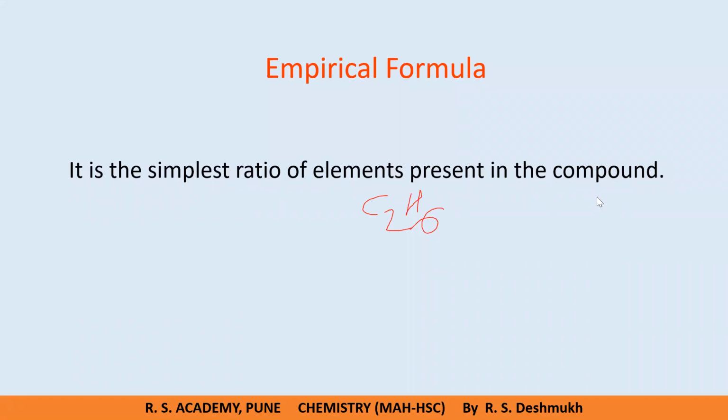Yes. So in this case, suppose the compound is C2S6. What I say, empirical formula is the simplest ratio of elements present in the compound. In this case, if I want to find out the ratio, it is actually 2:6, but it is not the simplest. So how I can find out the simplest ratio? I can divide both the sides by 2. So what I will get is 1:3. So the empirical formula of the compound C2S6 is 1:3.